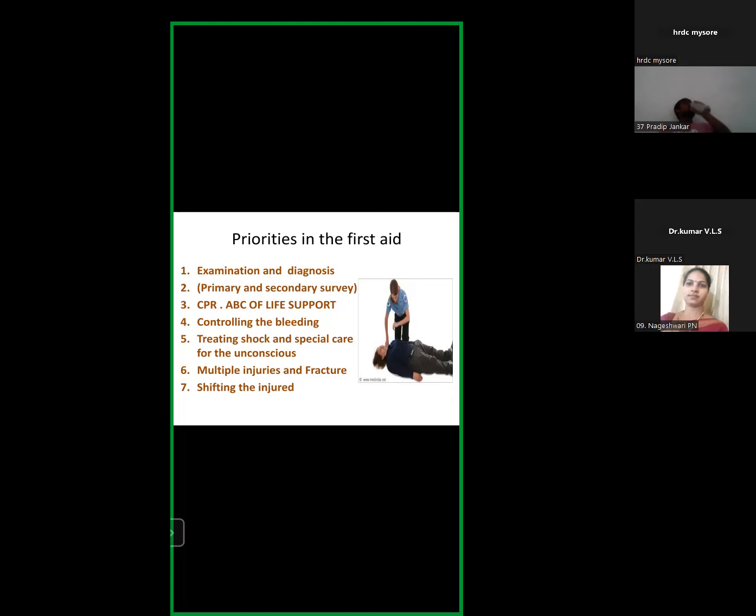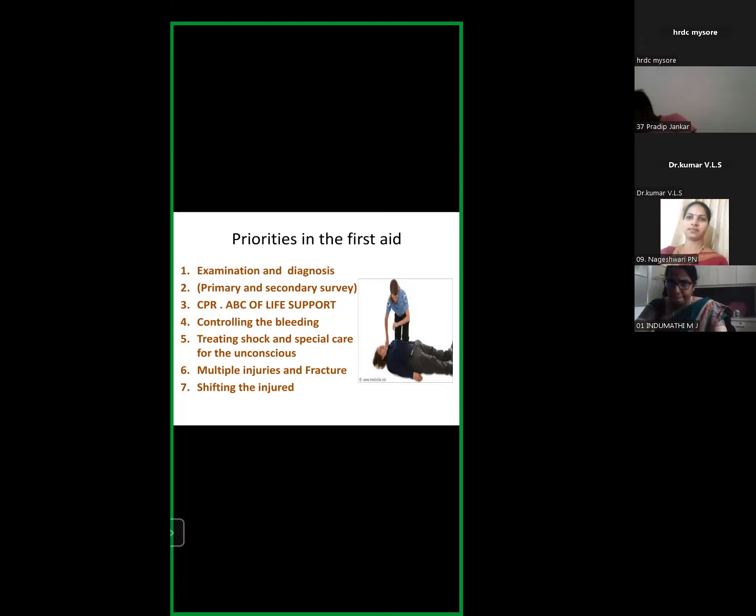So the first thing we do is examine. We are not doctors, but superficially we need to have the knowledge to examine A, B and C. We call it ABC. ABC means airway, breathing and circulation, and the priority should be given to the ABC. In any mass casualty, where more than 50 people are injured, whether it's a bus accident, train accident, building collapse or an earthquake,